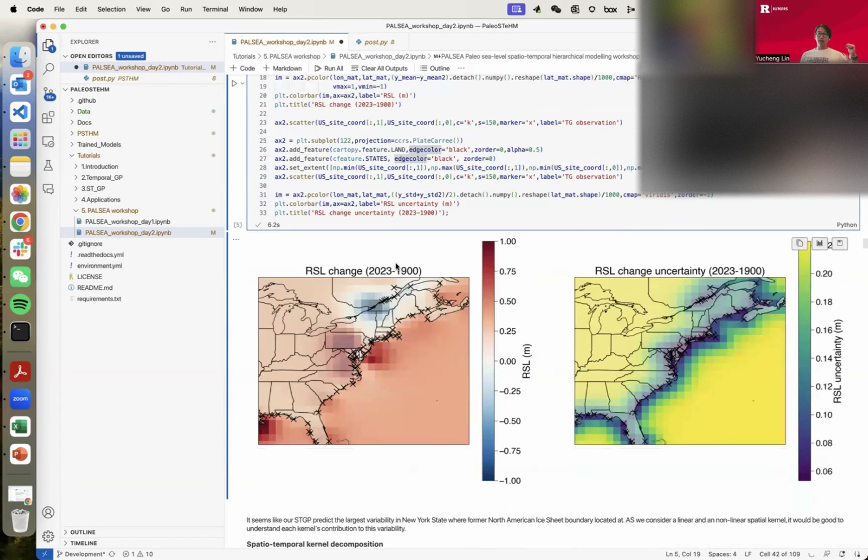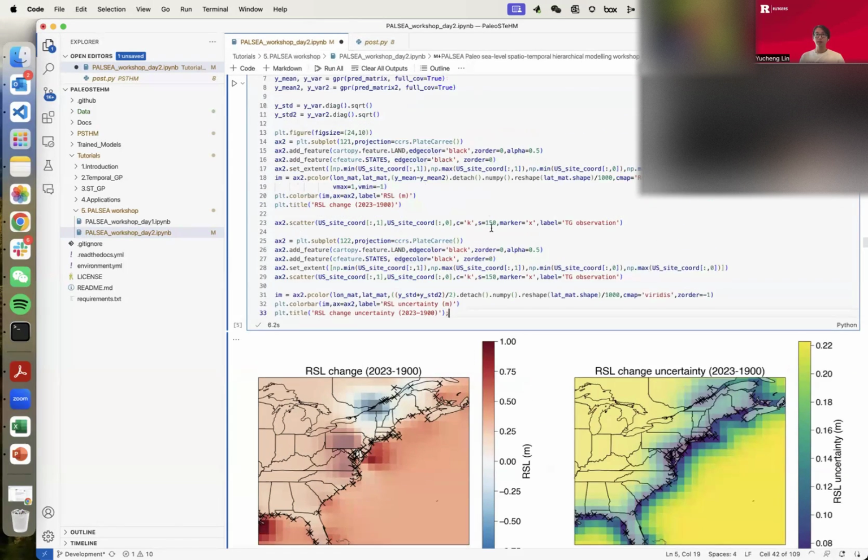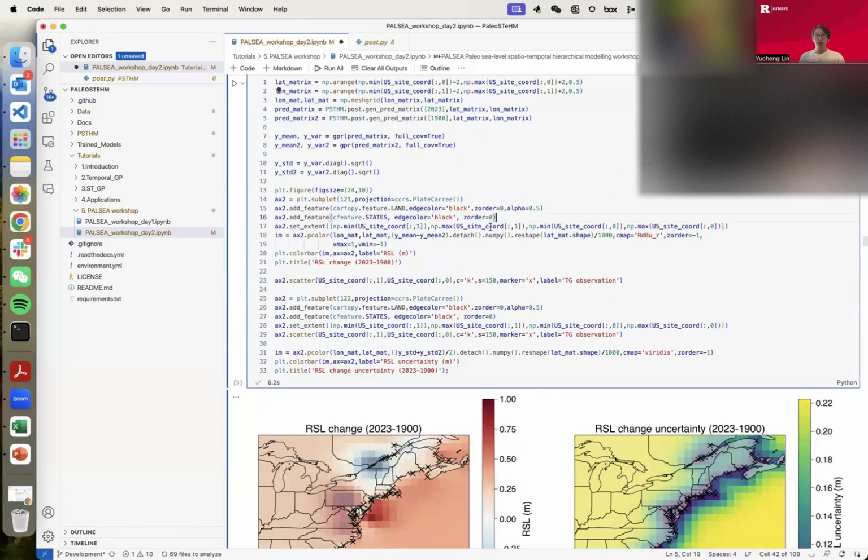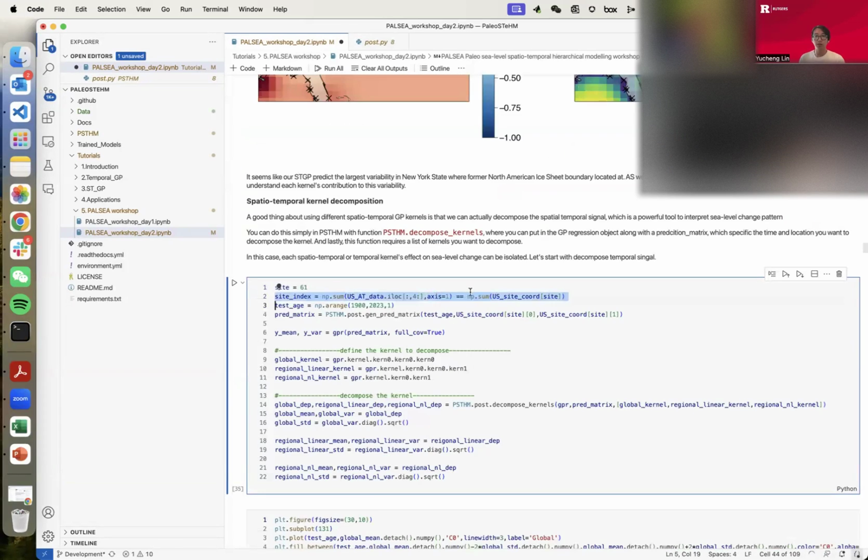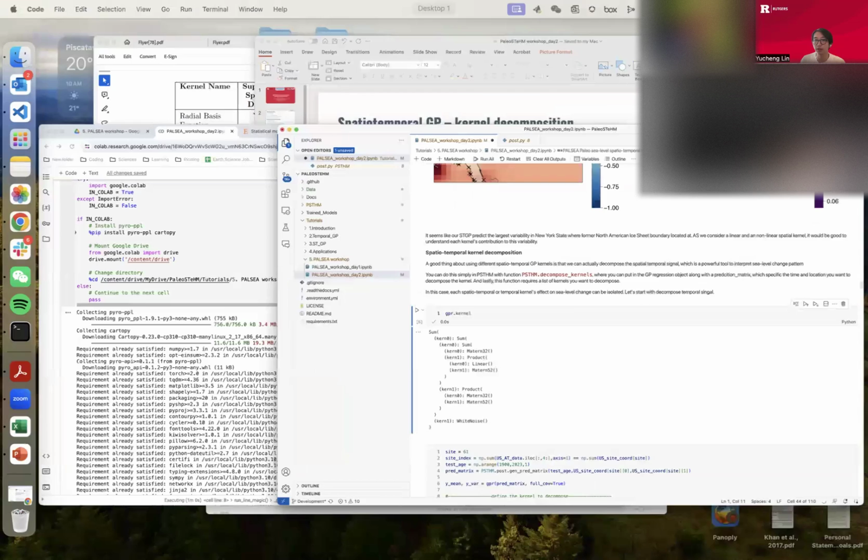Right. So what you see here is the sea level change between 1900 and 2023. This is our total sea level prediction, and this is our uncertainty estimation, right? And then the interesting thing you can do is kernel decomposition, because we have a lot of kernels here. We have three kernels: a regional common kernel, a regional linear kernel, and a regional nonlinear kernel. And as I said before, you do need to find out those kernels in our Gaussian process kernel